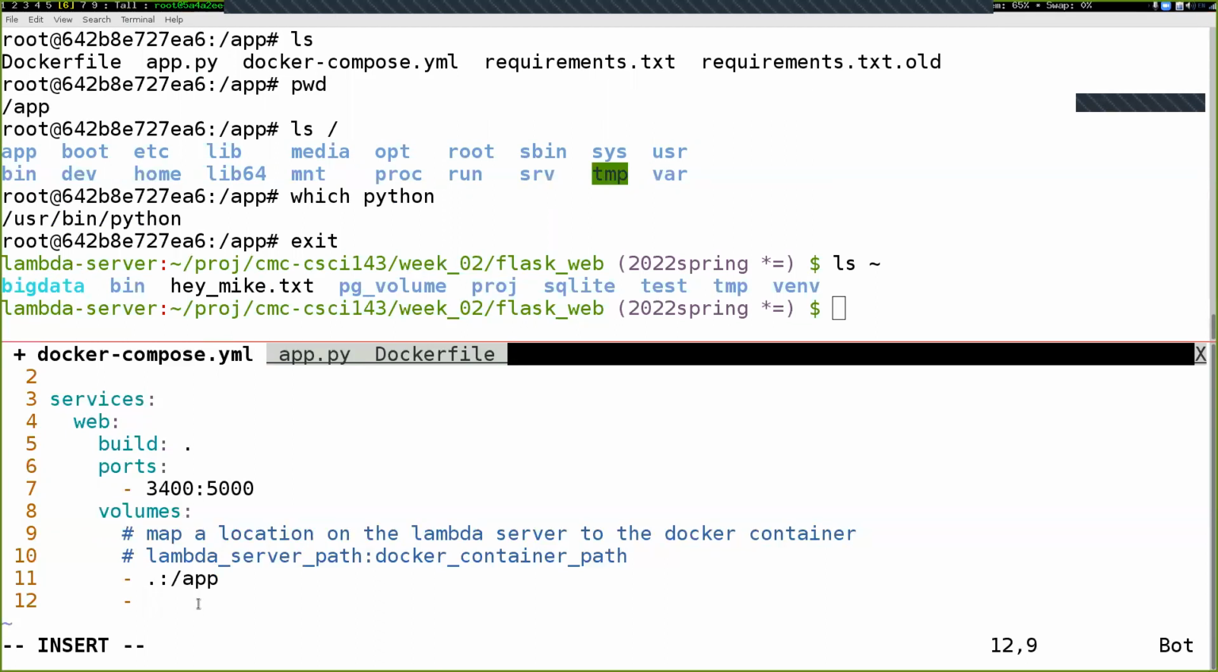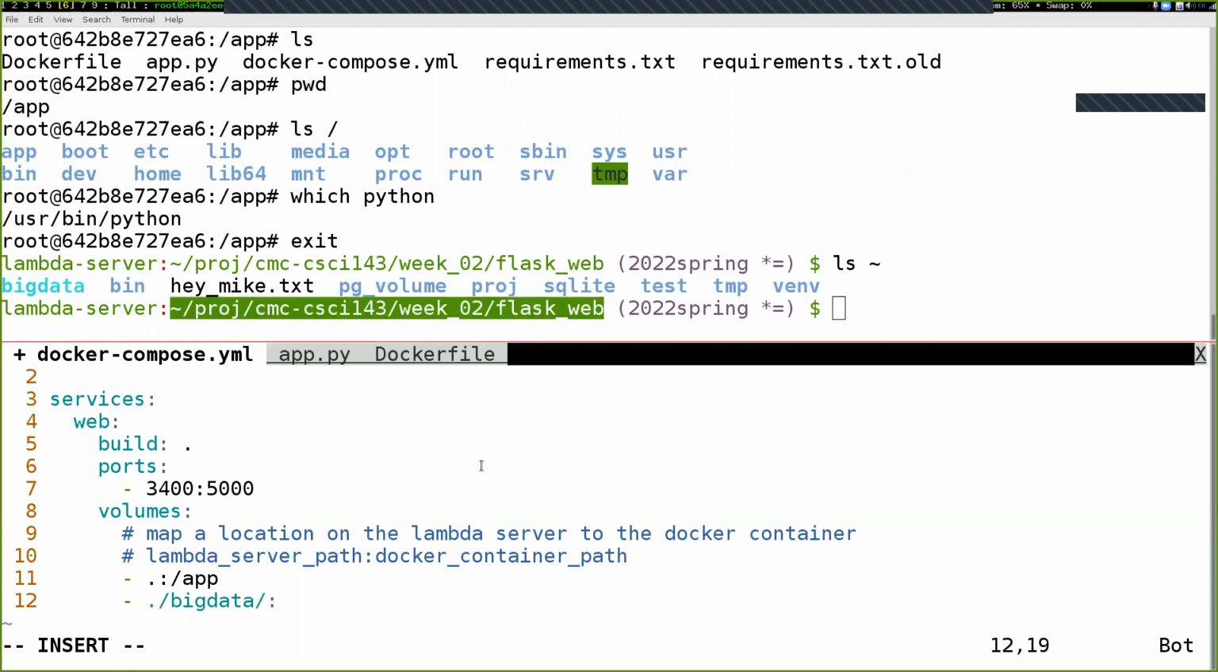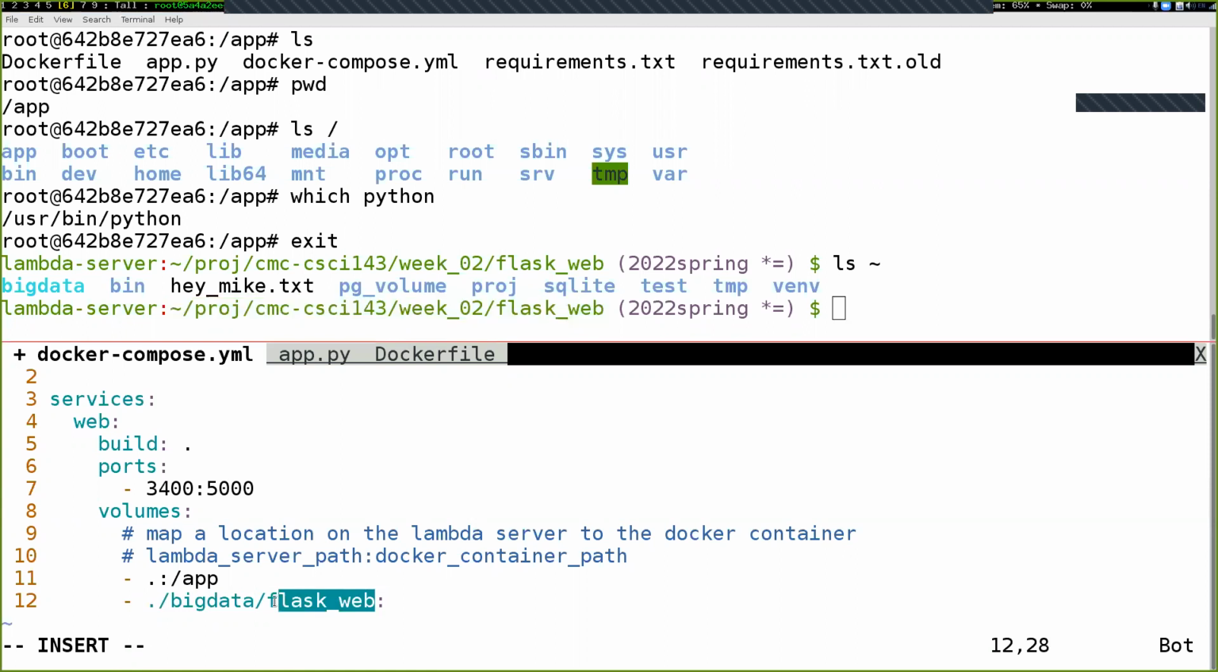We map /big data to, again, the thing on the left-hand side is the thing that is closest to you. And so let's go ahead and do big data. This project's name is called FlaskWeb, so we'll call it FlaskWeb. So this folder right here inside of the big data, and sorry, that shouldn't be a dot, that should be a